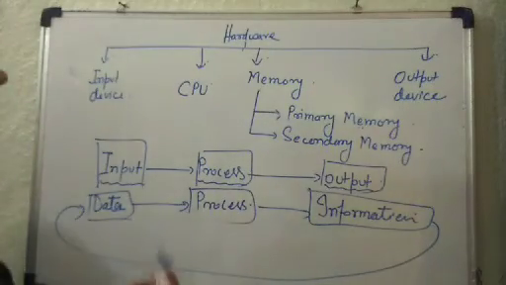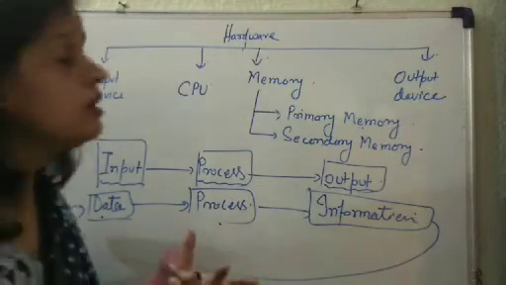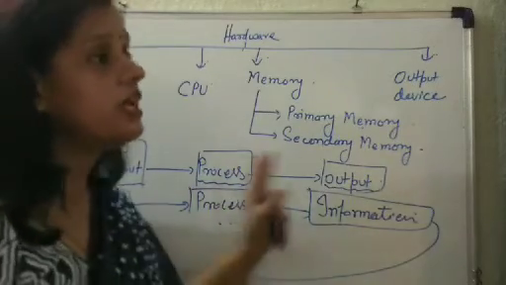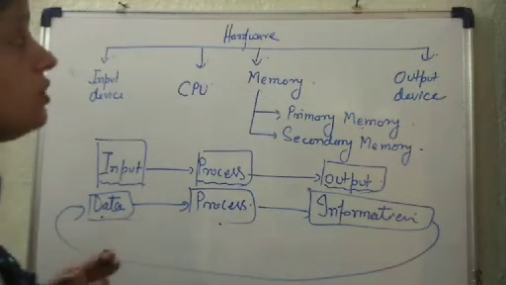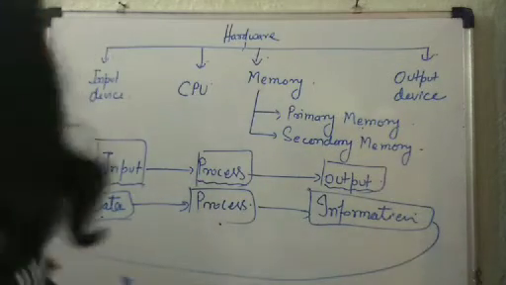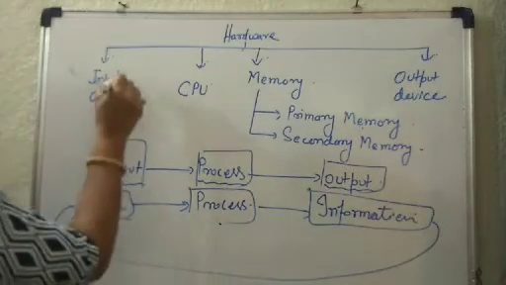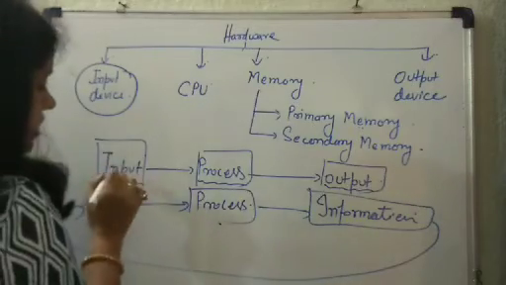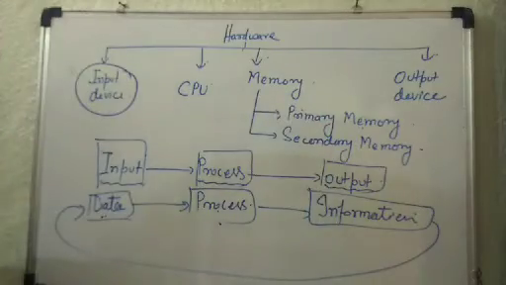So if data is there, process is there and information is there, it requires some tools through which the data will be collected, through which the process will be done, and then the information is generated. You can understand it very easily that the computer also works on the same concept: input, process and output. If you have input, if you have data, you have to give the data to the computer system, and for that you require an input device. You should always remember these three terms: input, process, output, or data, process and information. Clear?